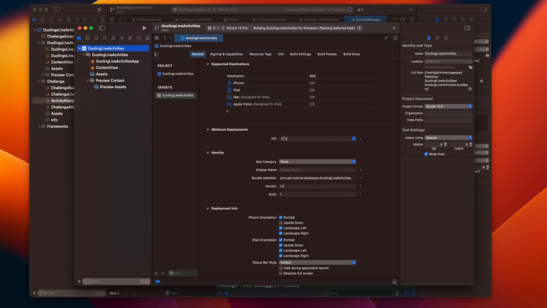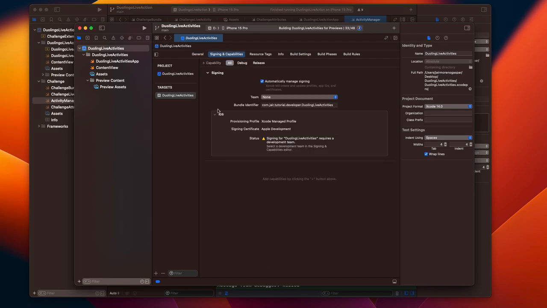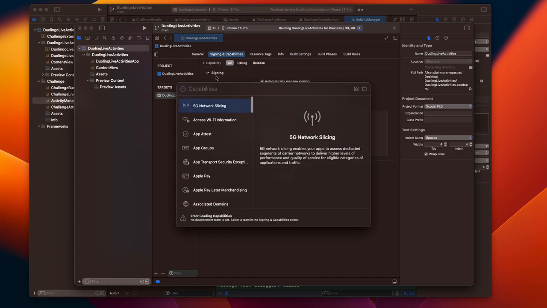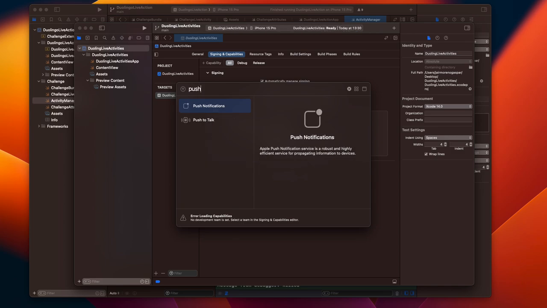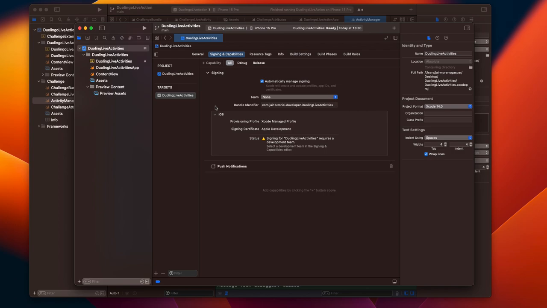So we will be using push notifications. So in this case, I need to add this capability in the main target. So let's look for push. Then you need to add this. This will add this entitlements file,